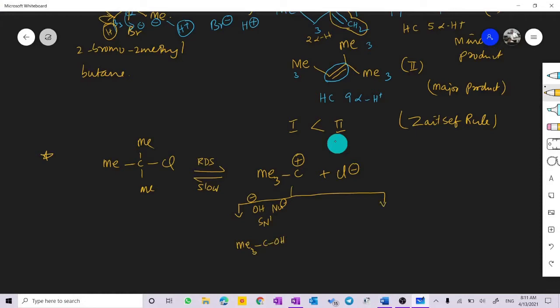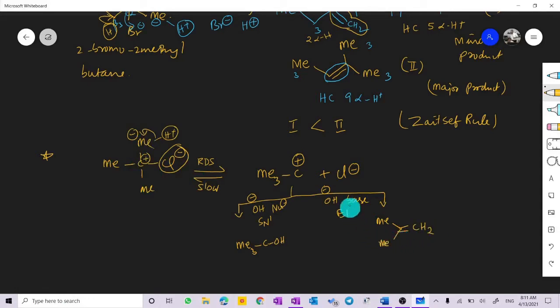But when you add a base, elimination will take place. E1 will take place. When the E1 takes place, the alkene will be formed in this position. I suppose you can make out this here. So the Cl- will go out here. One of the hydrogens will come out as H+, and this will go out as Cl-. So this will take the minus charge, this will get the plus charge, so you will get a bond here. Bond will be formed here. So Me2C=CH2 will be formed as a product here.